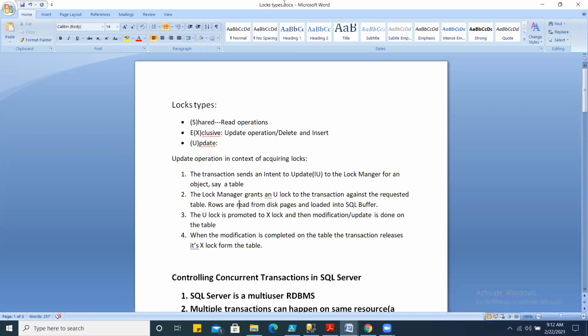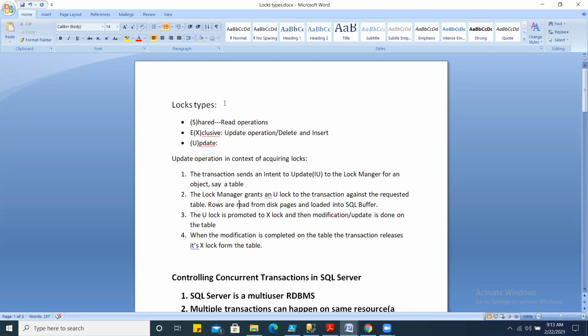Yes, Neeraj. Okay. So we talked about the transaction concurrency control mechanism implemented in SQL Server. And we started our discussion with lock types. SQL Server achieves control of concurrent transactions, to make your transactions consistent, by implementing three kinds of locks. Although SQL Server implements 32 kinds of locks, which we are not going to discuss, we will basically discuss three, four kinds of locks.